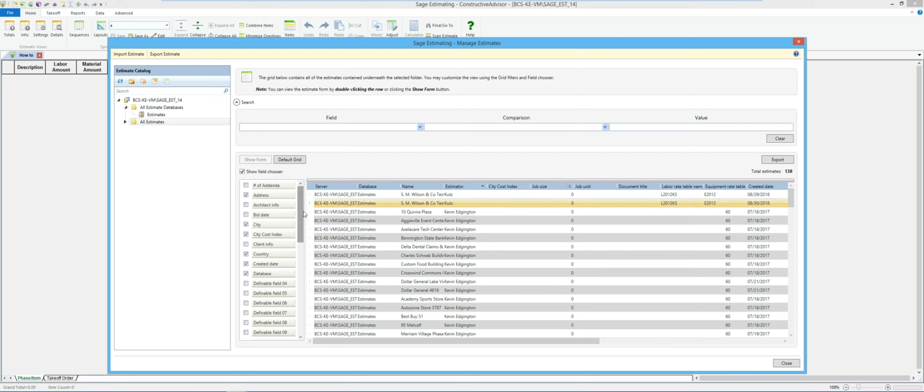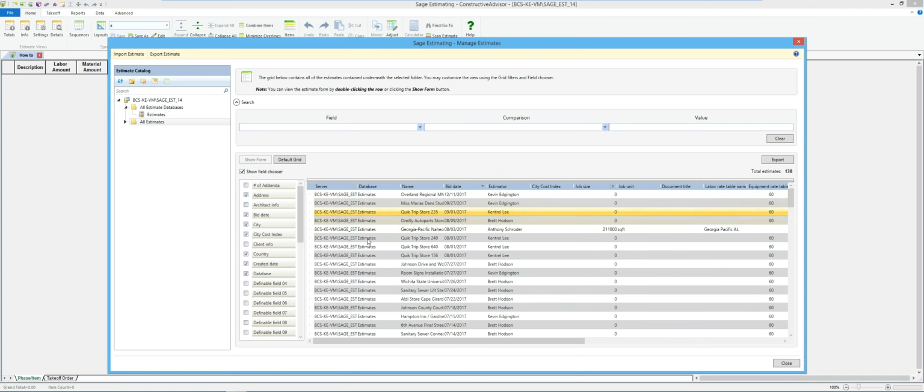For an example, let's say I've got a custom field for a number of addendas. If for some reason I'm looking for that job that had those odd 20 addendas or something of that nature, or maybe I want to look at it by bid date, if there's a field there that I want to sort by, I can drop it out onto the mat there, and there's my bid date. Now I can click on it and sort them ascending and descending by that particular field.